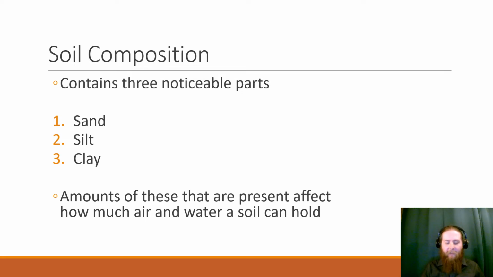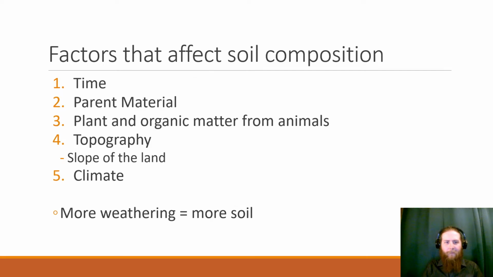All right, so soil is composed of three main parts, and they are sand, silt, and clay. And the amount of these that are present affect how much air and water a soil can hold. Some factors that affect the composition of soil are the time that the soil has had to be created, the parent material the soil was created from, any plant or organic matter from animals that's been deposited here, the topography, so how steep the land is